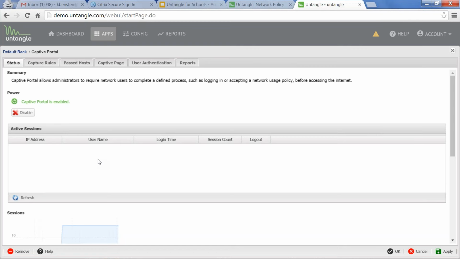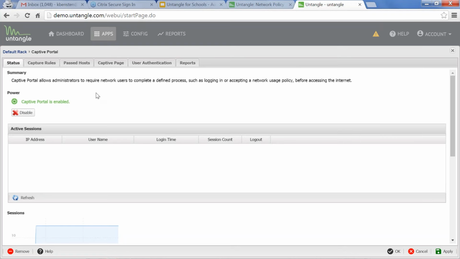That's not only protecting you as the IT administrator as well as the school, but it's also protecting a student or a child who might have access to their mom or dad's cell phone, and maybe that parent is watching the other child play football or something like that. You're setting yourself up for success versus having to be reactive to an issue that happens at an event. Captive Portal allows you to do that.